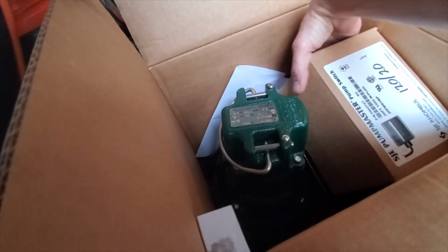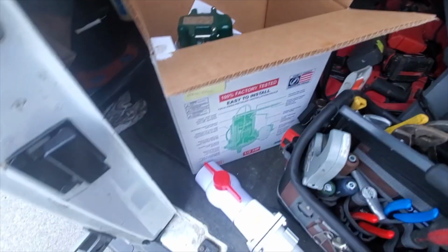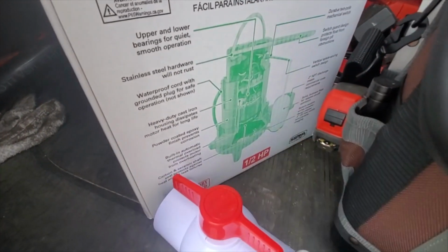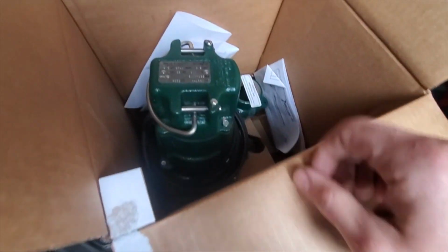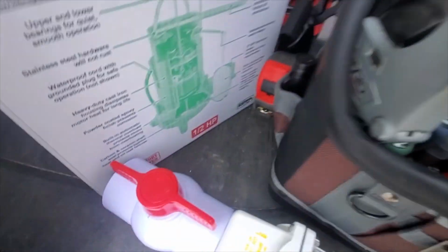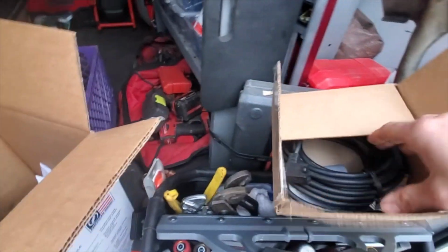However, what we did change is that this is a non-automatic. So you have automatic pumps and non-automatic. And this right here, this is not what's in the box. This is just an example. This is an automatic pump. This is a non-automatic pump, and the difference is the little float that's attached to it makes it automatic. This one doesn't have that. It has